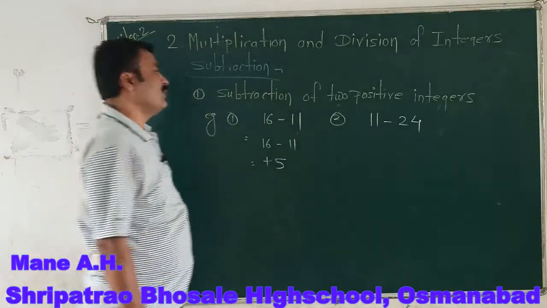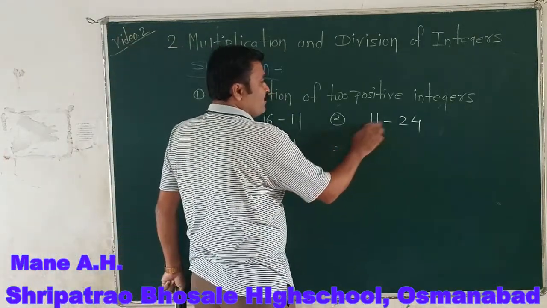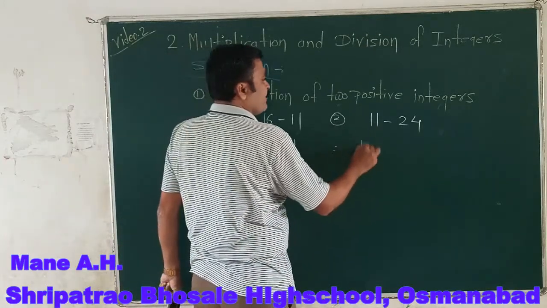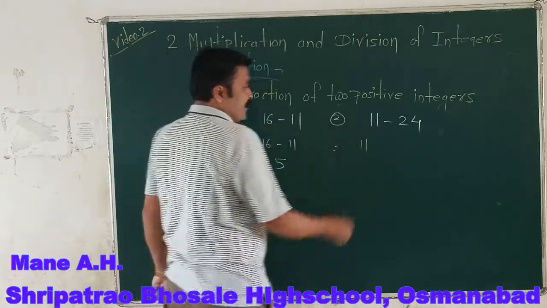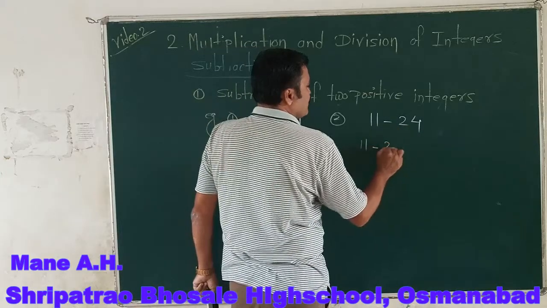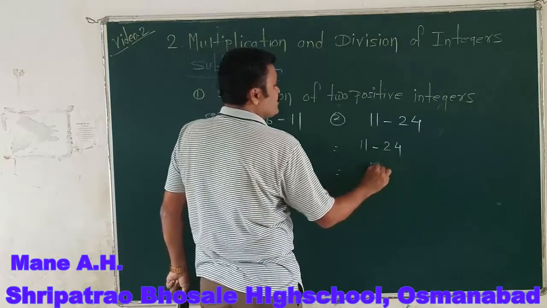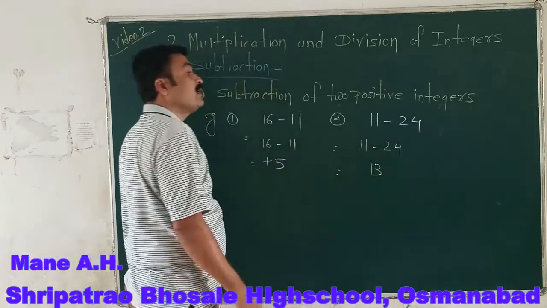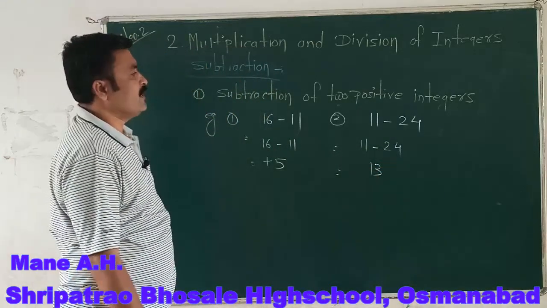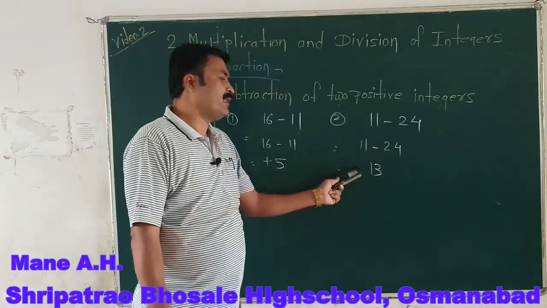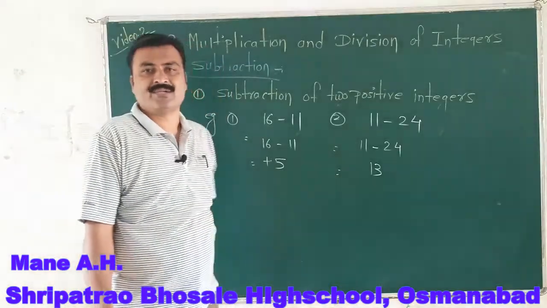Now we continue here. We want to take the difference of these two magnitudes. So the magnitude of plus 11, that is 11, and the magnitude of plus 24, that is 24. If we take the difference between these two, that comes 13. Now it is important